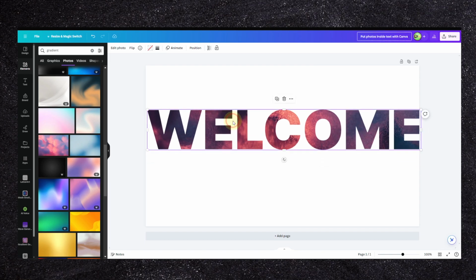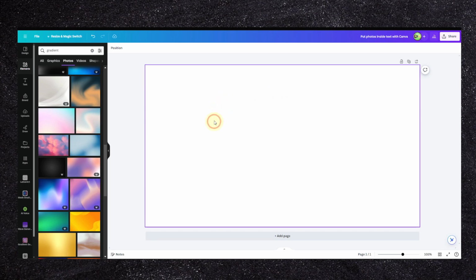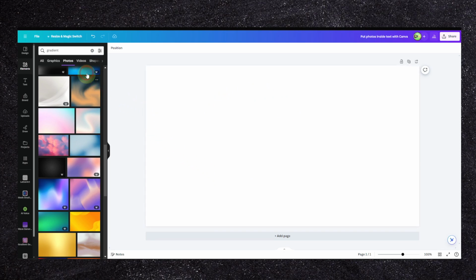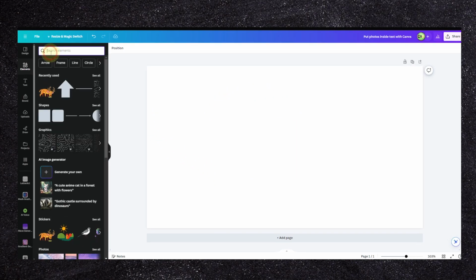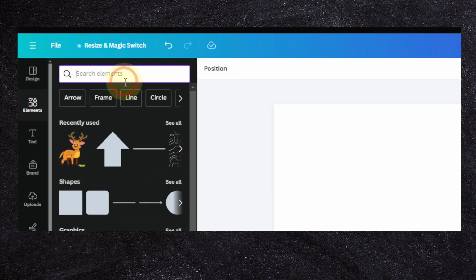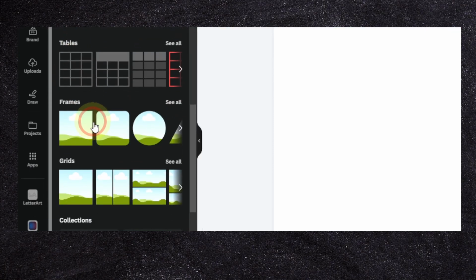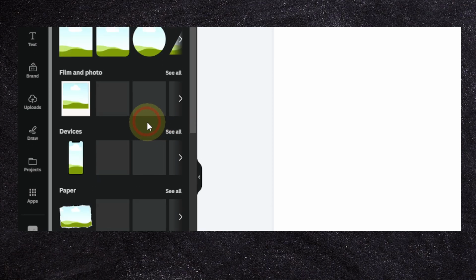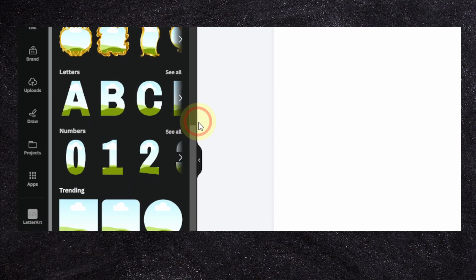So to create this effect in Canva, what you have to do is go here to elements. If we go here in frames and click on see all, we're going to see also letters, as you can see. So click on see all the letters here, and maybe we want to write